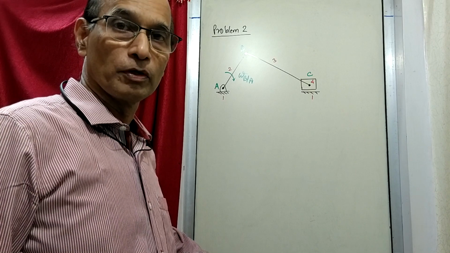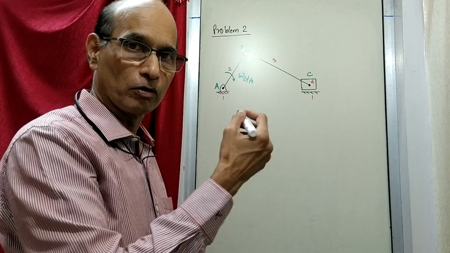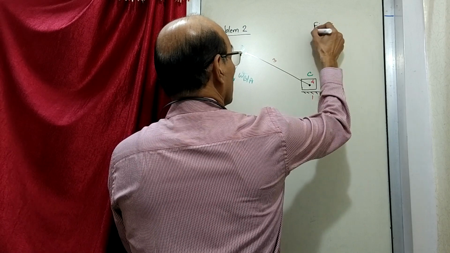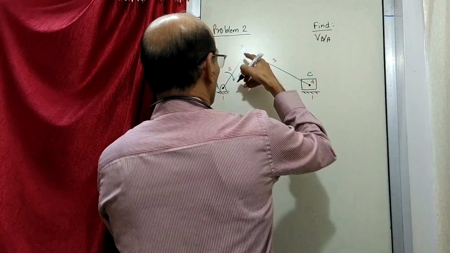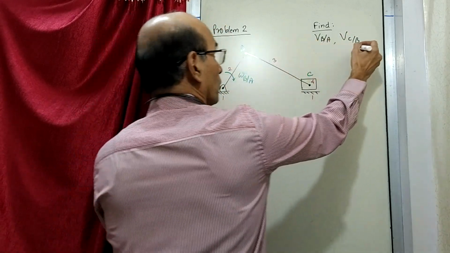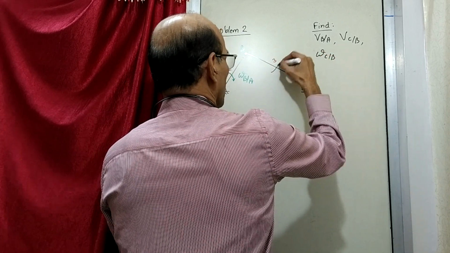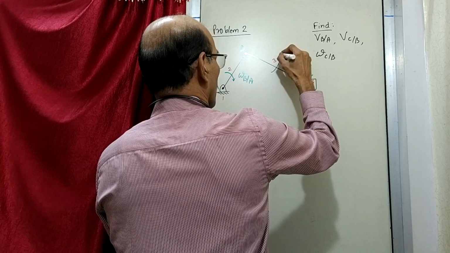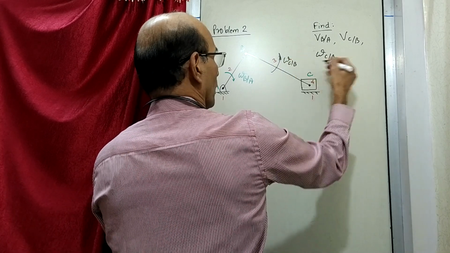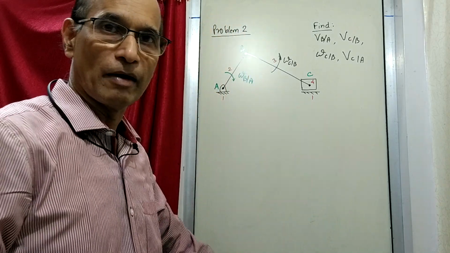So this problem was given to you, all the data is there, the linkage diagram you can draw, you have already drawn, and you have already found out some of the answers. Like in the last problem, there was: find velocity of B with respect to A, which you have found out, velocity of C with respect to B you have found out, omega of C with respect to B you have found out. And then velocity of C with respect to A you would have found out. So these are the things you already have with you.